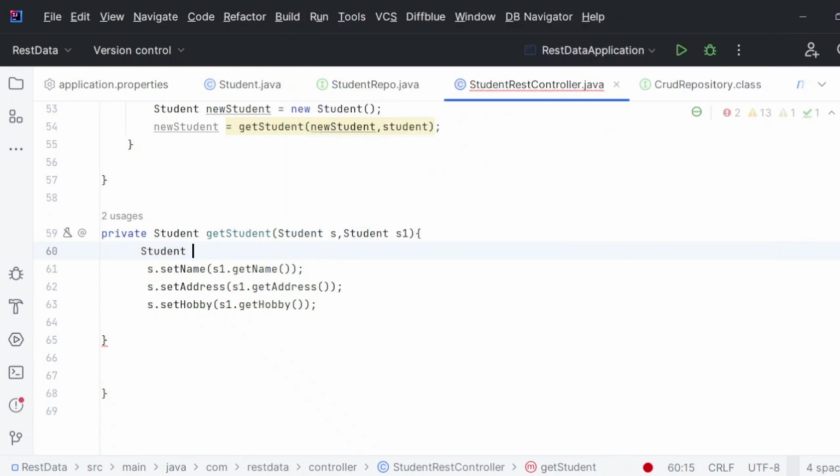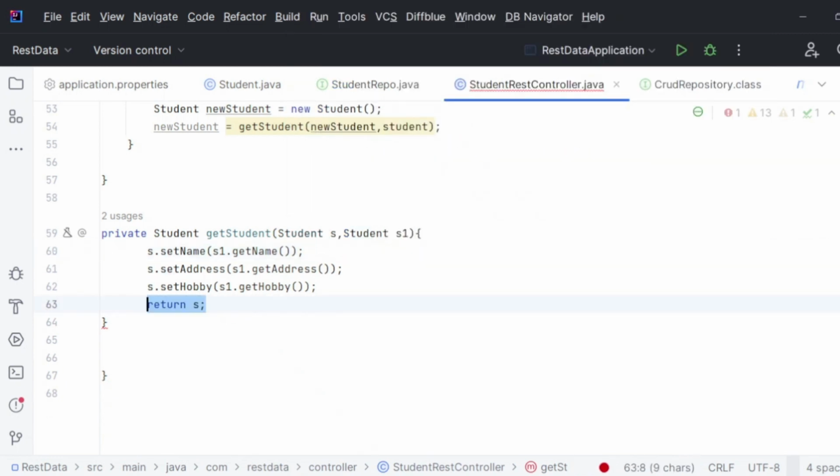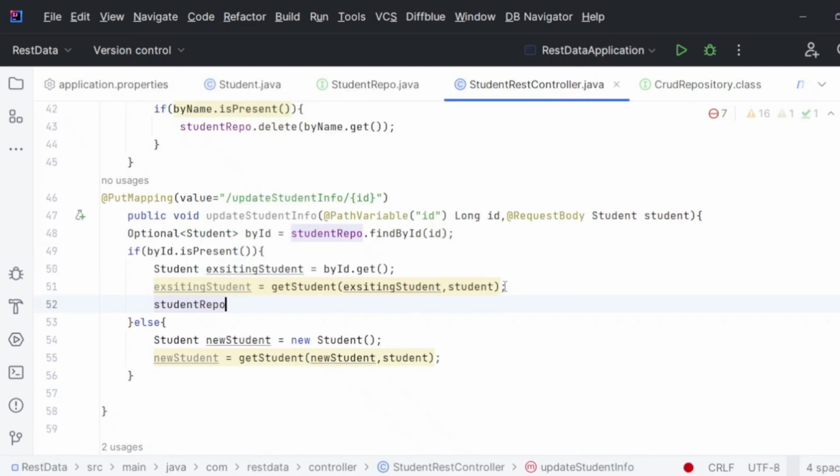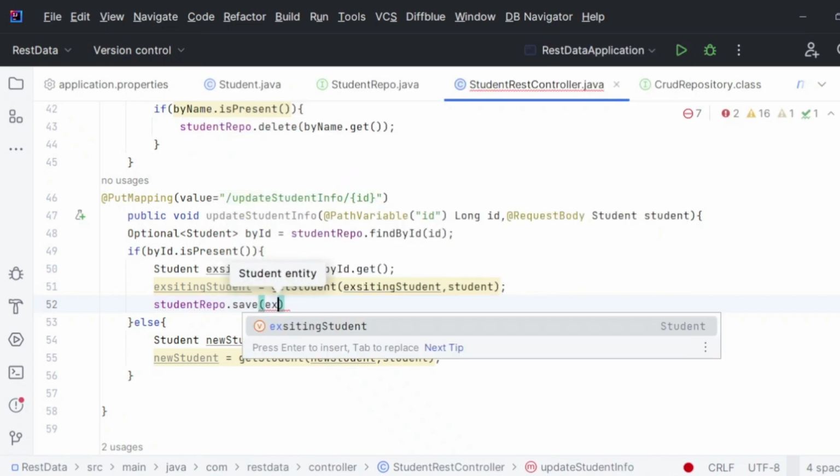No, this is not good. I'm returning here, I'm simply updating here student repo dot save of existing student,